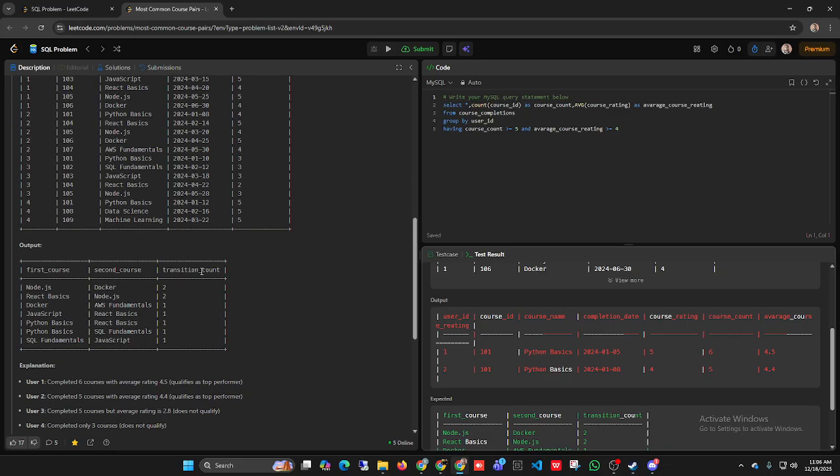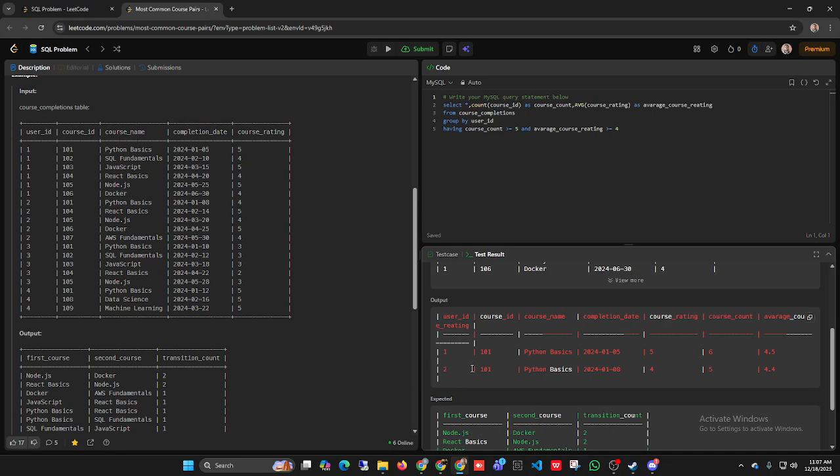It's saying that, first of all, this is the top performing student, and their student IDs are 1 and 2. This is the top student. Now the problem is saying to find the chronological order, like how they complete: first Node.js, then Docker, then React basics, then Node.js, like that. So what do we have to do? That's a good question. First of all, we have to find,